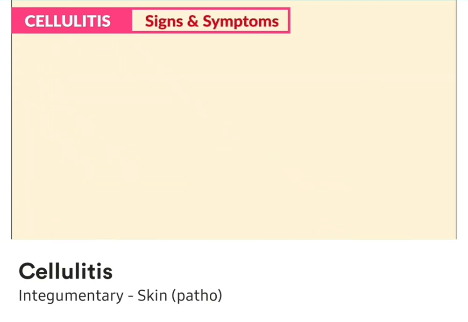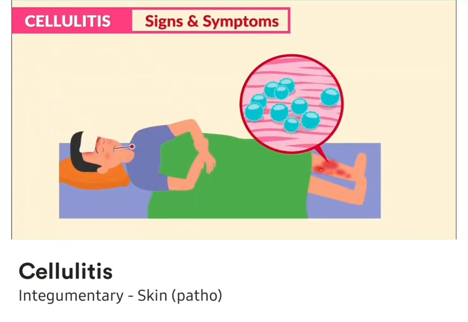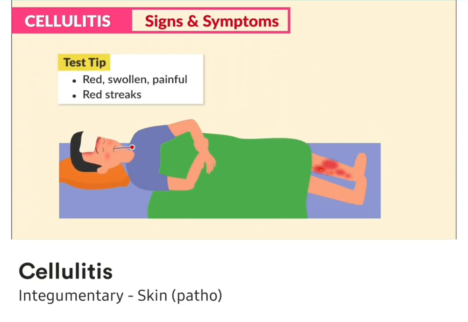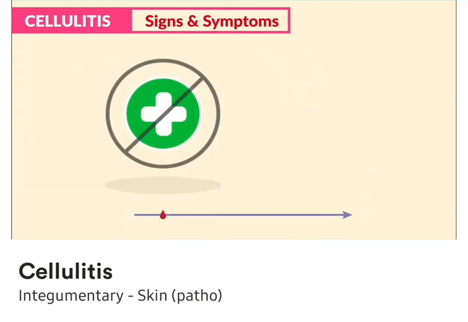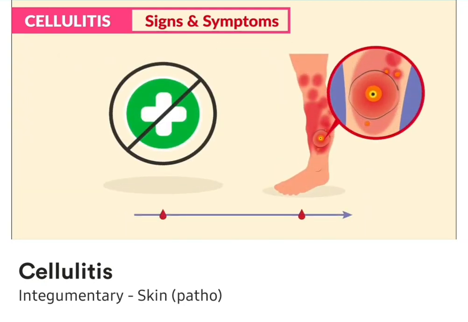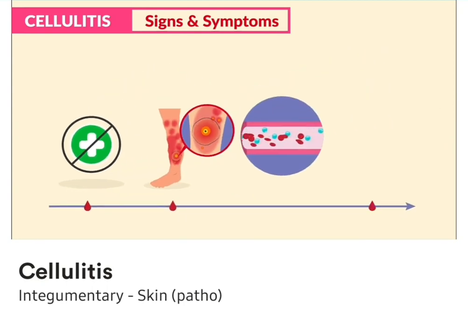Now for signs and symptoms, just think about cellulitis. We have inflammation and infection. So it includes a fever because of the infection, as well as pain, warmth, tenderness, and swelling and erythema, or patches of redness to the affected area. If untreated, it can grow into an abscess, basically a big ball of infection, and then lead to sepsis and